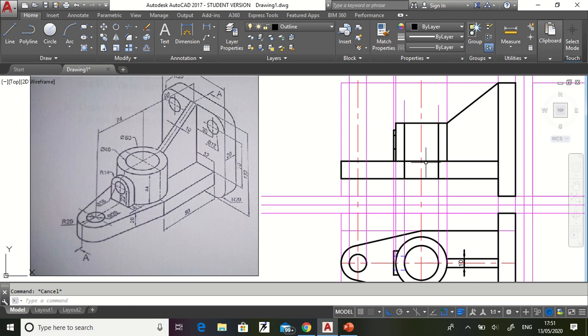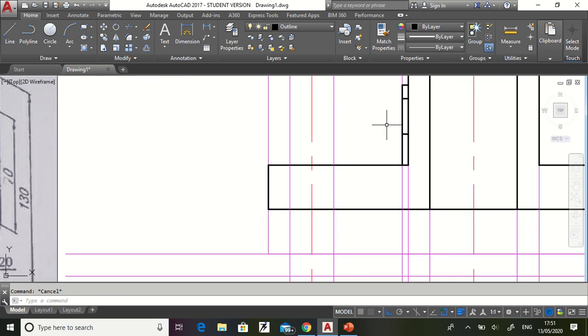Then you see that this portion will not be there in the sectional view, so we will trim it. So this part is not there and this part is not there. Similarly, this part will also not be there and this will not be there. So it becomes a sectional part. Now look, I told you hidden line will be replaced by outline. This should be a hidden line, but it is now replaced with outline. So in between we will trim it. So this part will be trimmed. Also this part will be trimmed.